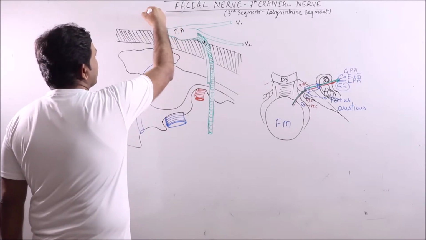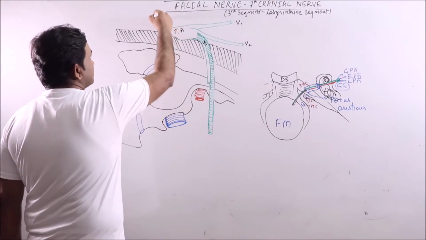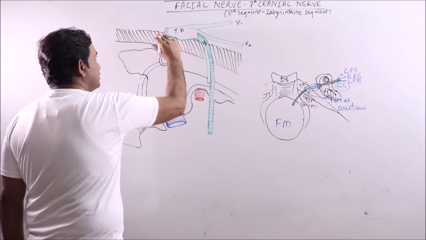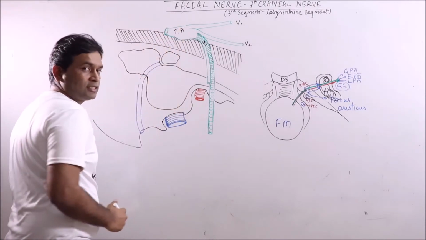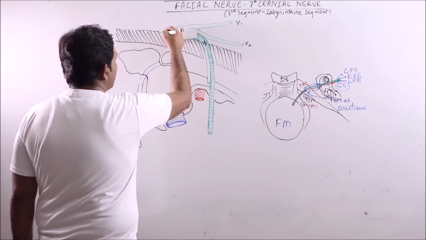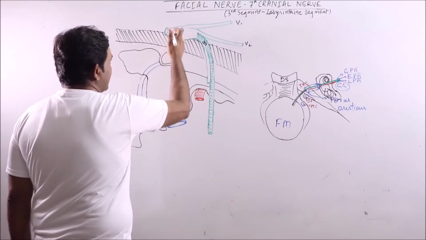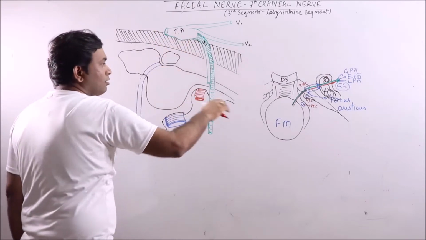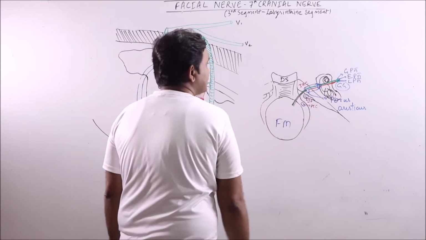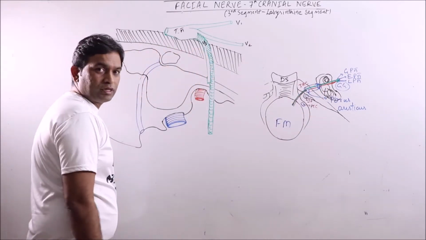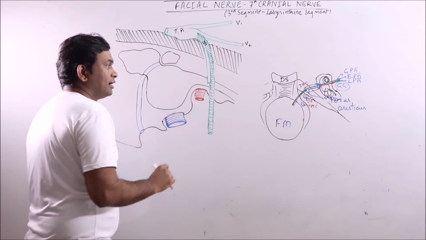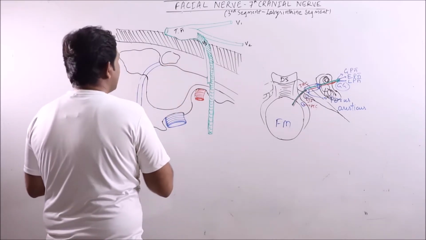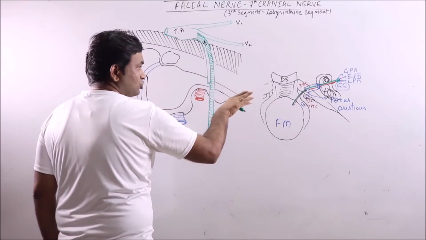Now, the facial cranial nerve enters somewhere from here, that is the posterior cranial fossa, and the porus acusticus will be on the medial surface of this petrous temporal bone. Then it will run in the internal auditory canal, and the cavity is known as the labyrinthine cavity, and the part of the facial cranial nerve which passes through it is known as the labyrinthine portion. It is the shortest segment and may measure only 3 to 4 millimeters, and after traveling laterally, superolaterally,